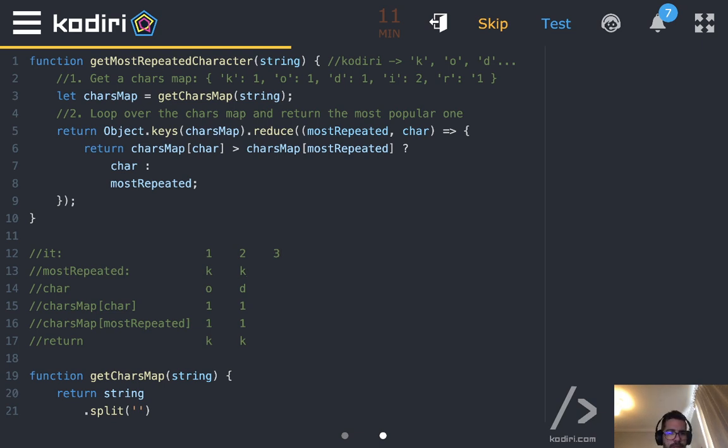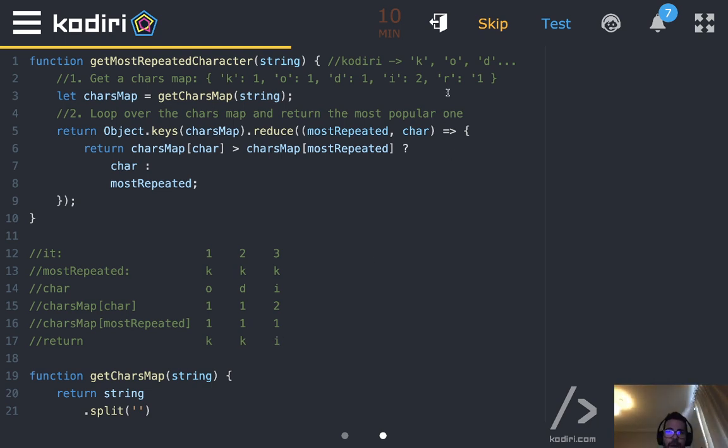So Adam, what's the most repeated character so far? That's correct. So now, Ian, what's the next character? It's I. That's correct. So what's the value associated to the character, Minji? It's 2. That's correct. The most repeated was 1. Still K was the king of the most repeated character. But now look what happened, guys. 2 is greater than 1. So now the new king of popularity, the most popular character now, will be the current one, which is I.